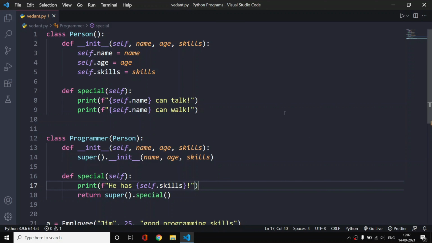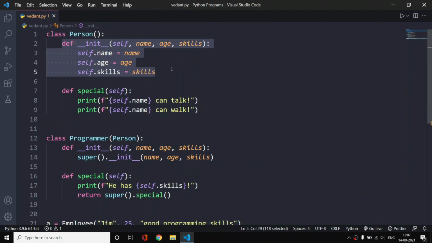So let me clear that again. Here we have this basic syntax where we have mentioned name, age and skills, no problem at all. Now we have this method special, and in this method we have name can talk, name can walk. So any person can talk, any person can walk, there is nothing special at all.